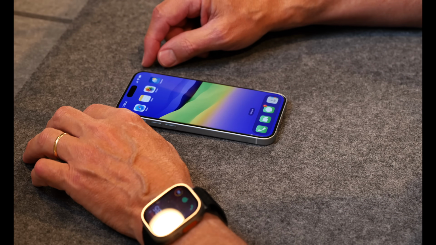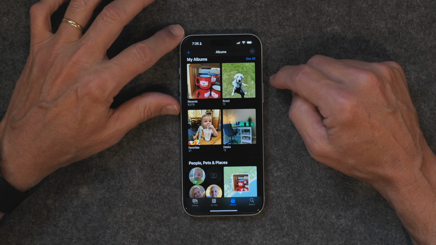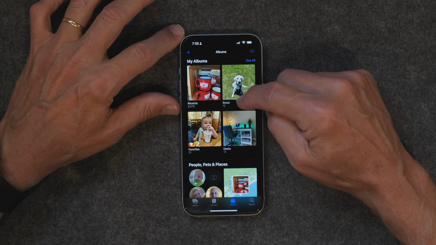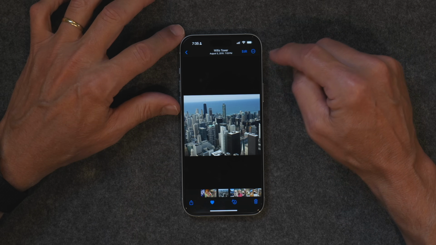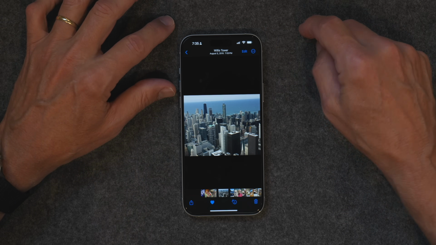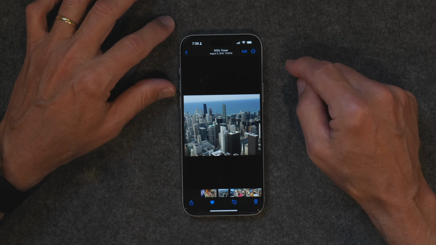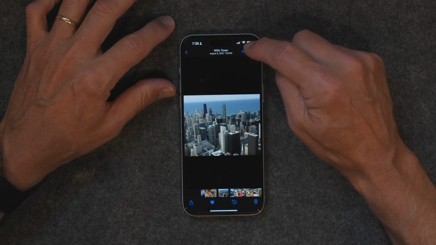Sometimes I'll send a photograph and it'll have a whole bunch of stuff in it and I want my wife to just see part of it. And this is how this works. If you go into Photos, and I'm going to go to my albums and maybe favorites, and I'll open up this picture. So I was in Chicago recently and I took a picture looking down from the Sears Tower at the Hancock Tower right there, and I wanted to show my wife. Of course, she's not going to be able to pick out which is the Hancock Tower there, so I'm just going to go into